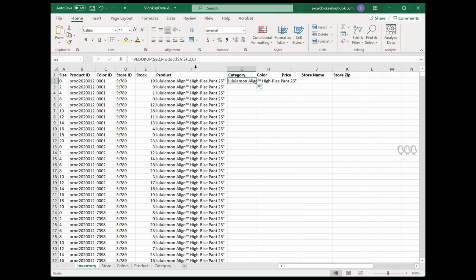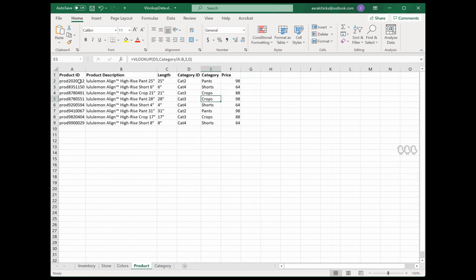But the only thing that's different in the VLOOKUP for product and category is this right here, the column reference number. So if you just played around with this, you could see, okay, what's in column 3? Oh, okay, that's inches. So that's the length. And what's column 4? That's the category code. So now we know column 5 has our category.